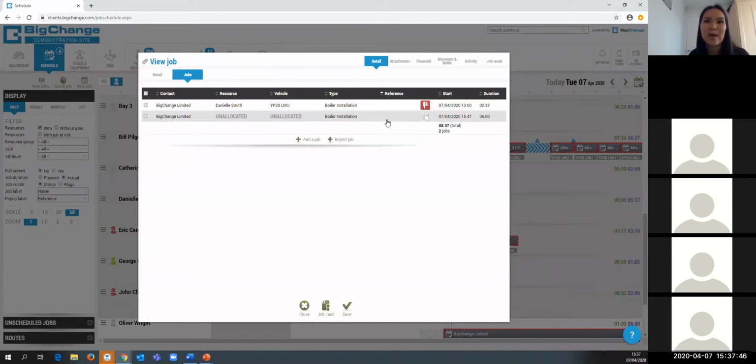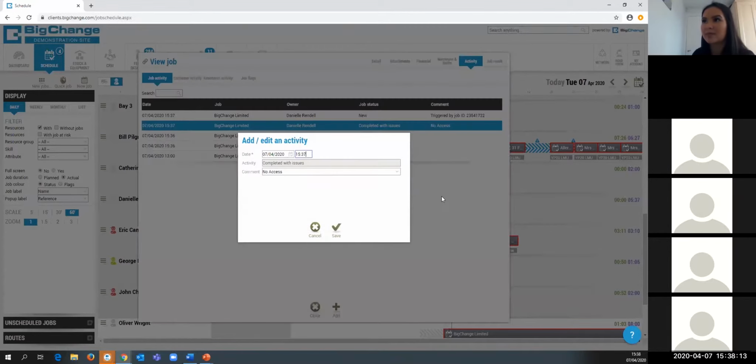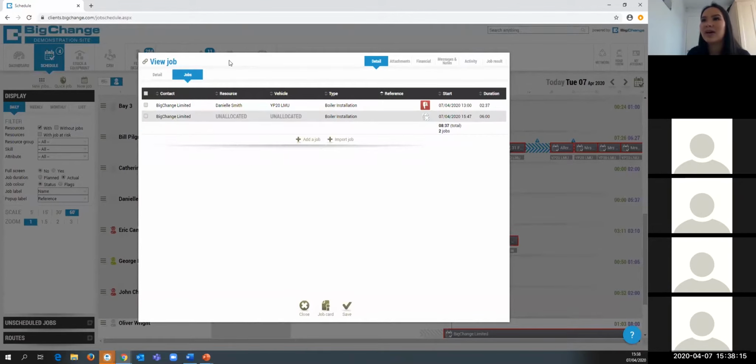So instead of someone remembering, oh, whenever there's no access, we've got to create a new job, this will automatically create the job for you. So again, it saves some time. And if we go to activity, you can see in the job activity that's completed with issues, no access, and a new job was created, triggered by this job. So I would recommend that you use that if it's relevant to your industry. So if we click save,